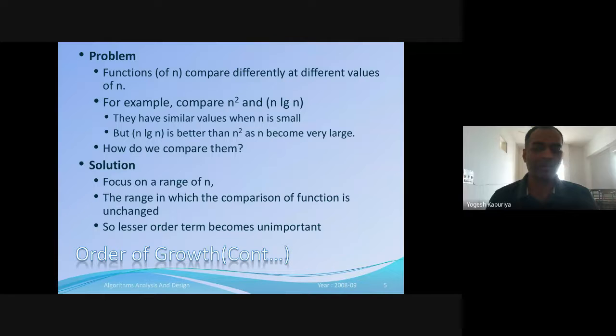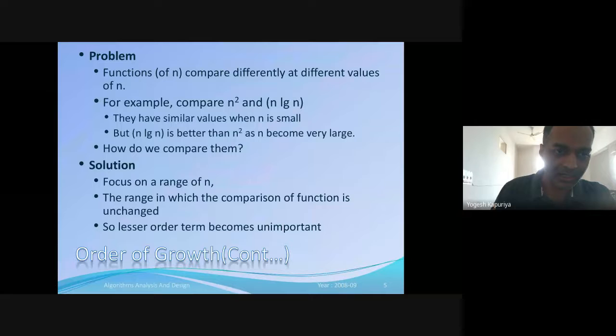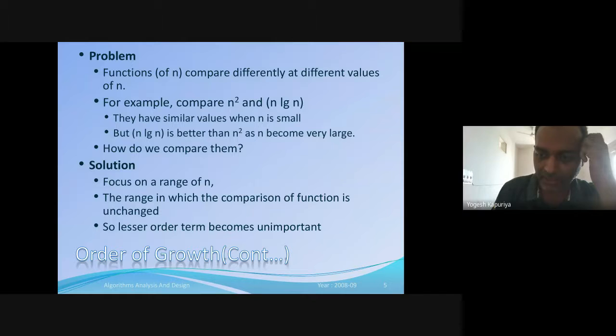To compare these kinds of equations is not that simple, because each of these has its own coefficients, and because it's an equation, it varies at different instances of an input, or it varies on different values of a variable which it contains. So by looking at the equation, you cannot say that, okay, this is higher and this is lower. So basically you need a mechanism which can simplify these equations, and which can then be easily compared.